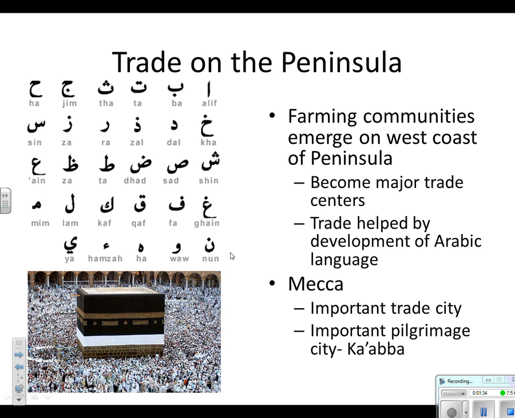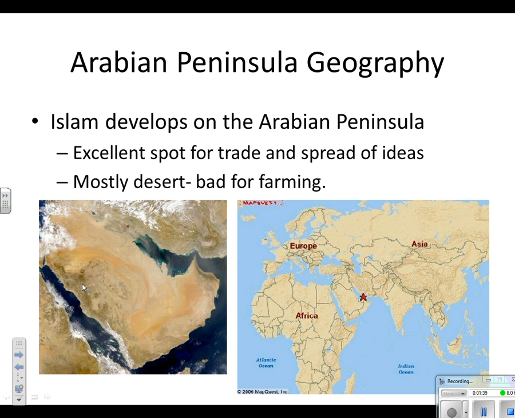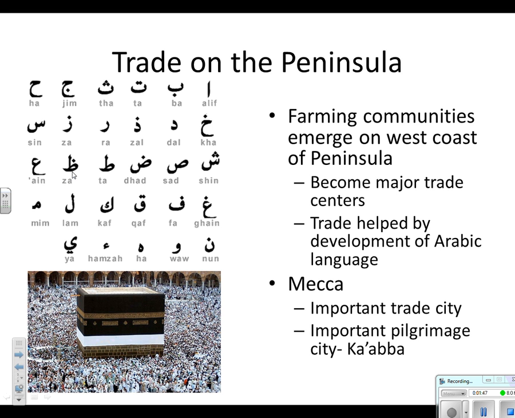One of the most important cities on the peninsula is actually going to be Mecca. And actually, if we go back a slide here, we have Medina and Mecca, both of which are going to be along the coast of the Arabian Peninsula, both of which will become important. Mecca is an important trade city, but also a pilgrimage city, because traders would come to this box called the Kaaba to worship. They would leave idols inside the Kaaba, making this a polytheistic shrine to start. And also an example of cultural diffusion, as you had many traders from the area coming to worship and leave idols at the Kaaba. But this will become important for something different a little bit later.